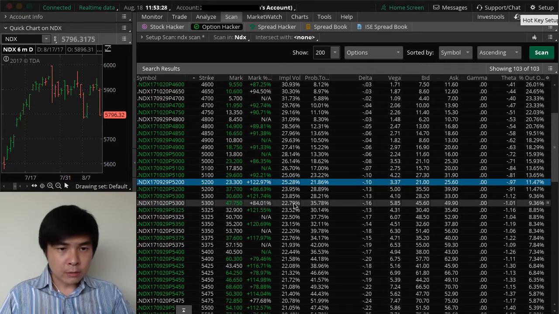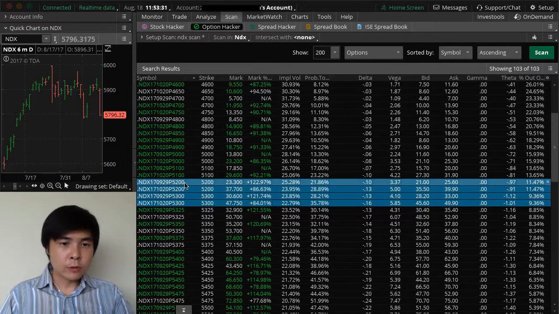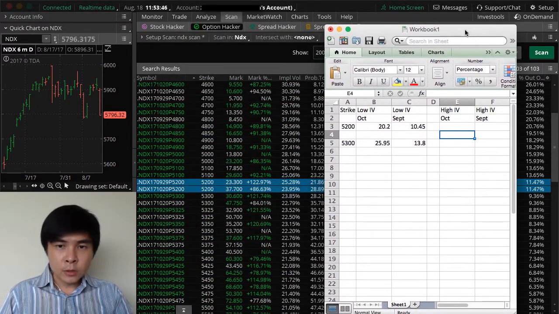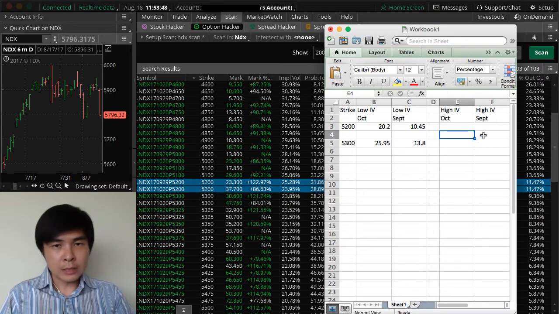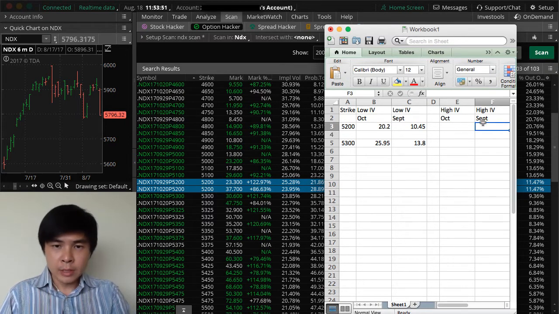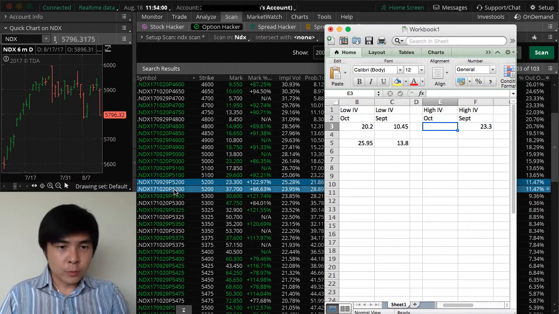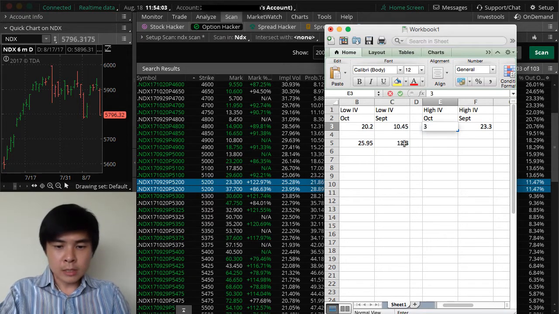5,200 to 5,300. Alright, so if you look at the price, the first value is for the September price, and the next value is for the October price, and the first two is 5,200. So I'm going to try to key in this price first. On high IV, which is the end of last night, closing price, 5,200 would be $23.30, right? And on October expiry date, the price is $37.70,